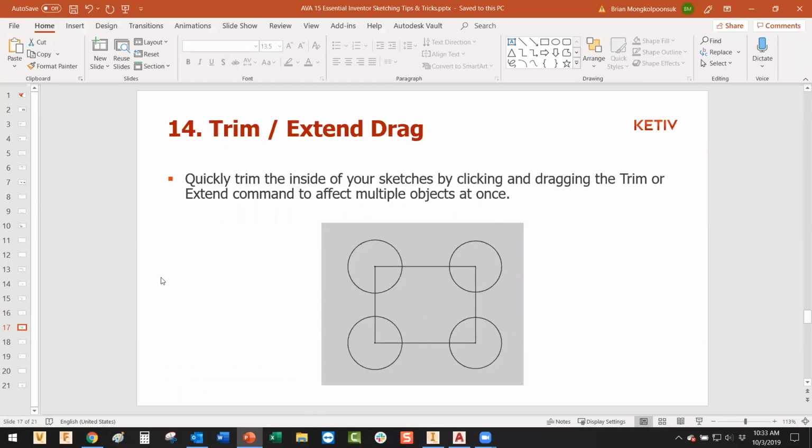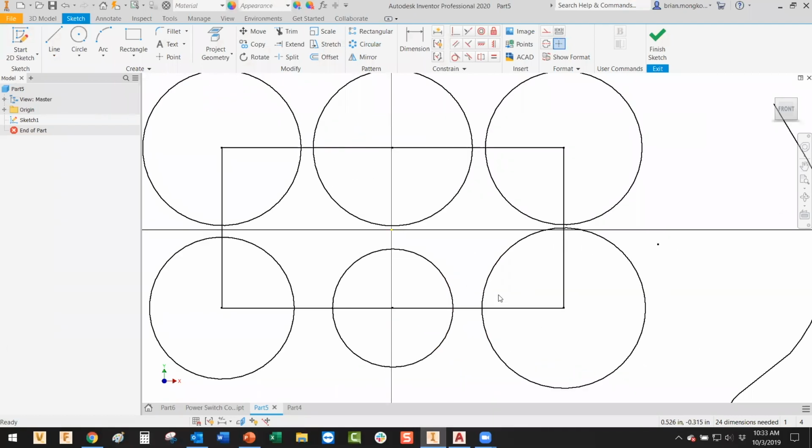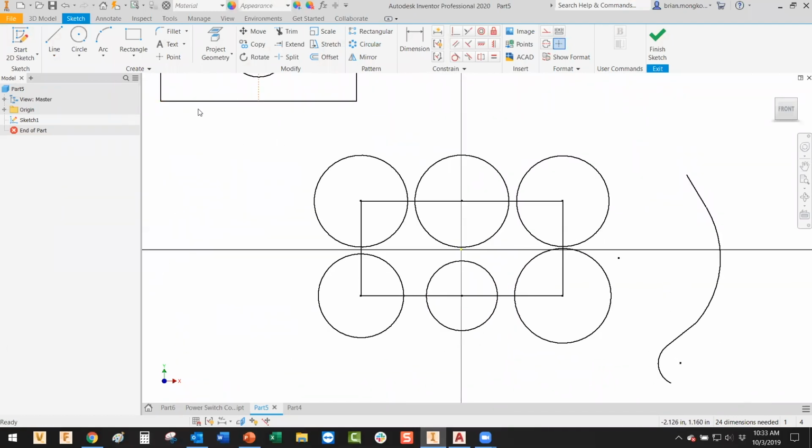Trim, extend, drag. So you have the ability to quickly trim and extend objects without having to click on them individually one at a time, which is why I have this example here. So if I go to the trim tool, and instead of clicking at each one at a time like that, to make things easier, I'm just going to click my left mouse button and hold, and draw this little line going through that, and release, and I just trimmed the entirety of the inner side of